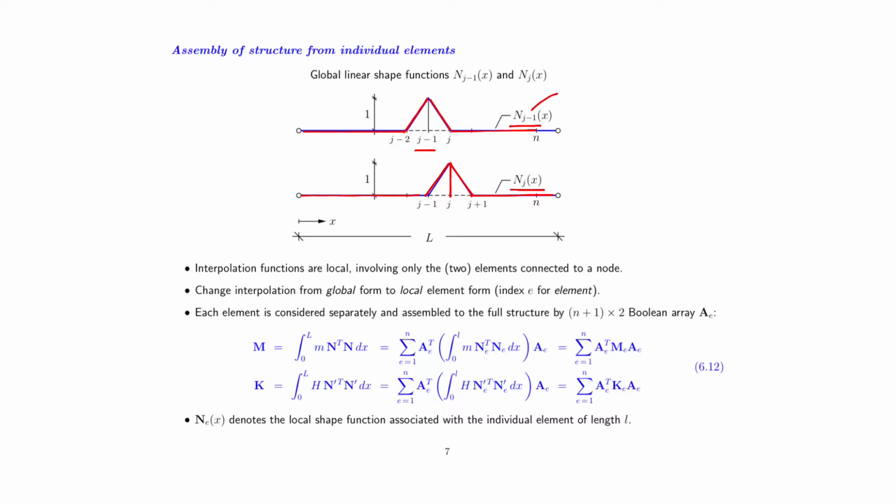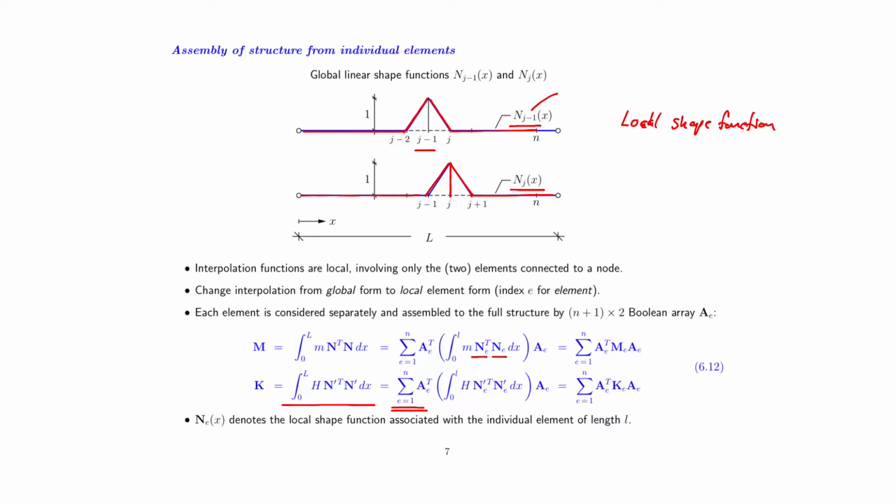In theory, these shape functions will then be assembled in the displacement vector, and then we will differentiate that to get k. But it is much more convenient and customary to make a summation over all elements, whereby we will not have large shape functions that cover the entire structure, but we will provide local shape functions